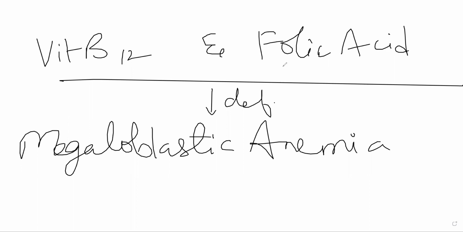Now, as such, you give the supplementation of these two in case of deficiency. Normally, patients will present with glossitis, their tongue will be inflamed, stomatitis, malabsorption. Neurological manifestations can also occur because of B12 and folic acid deficiency. Anyway, we'll get into detail of each of them. First, talking about B12 itself, this is synthesized by microorganisms.